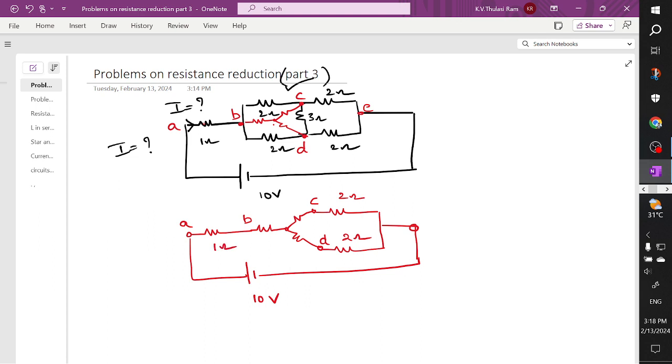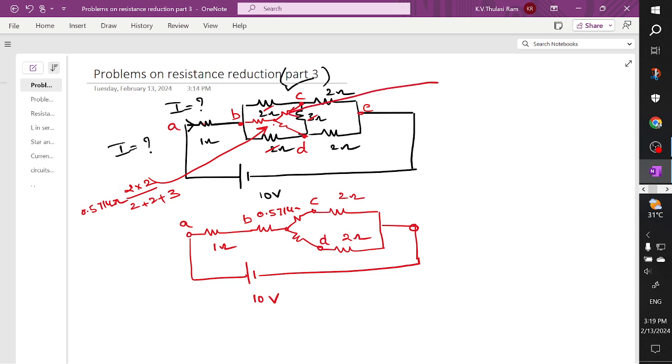So this is a 1 ohm resistor and we need to find out this red color one for the given black color one. You can see here how to find this: this red color one is connected between these two parallel branches. So how to find? 2 into 2 divided by 2 plus 2, plus 2 plus 2 plus 3. Okay. So when you solve it, you are going to get this value as 0.5714 ohms. So when you are finding this element,